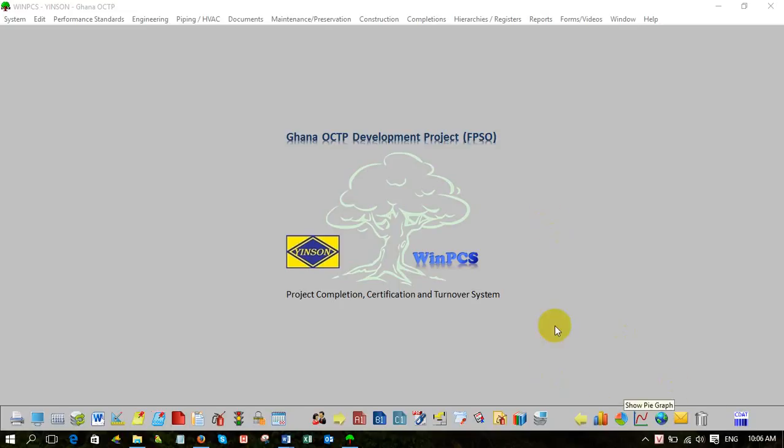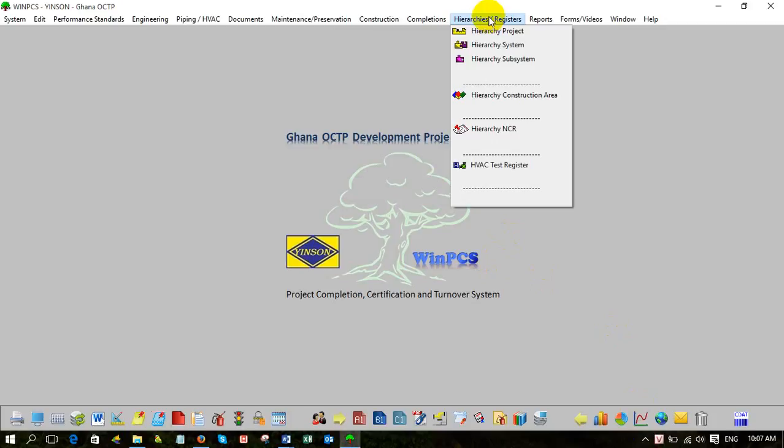Bottom menu. So this one, you don't need to think. This one, I think that's old technology, because this one is drag and drop. You click, also nothing. Only here. So always when you want to see your system, subsystem, your equipment, it's all sitting under here, hierarchy. Okay, hierarchy and register.